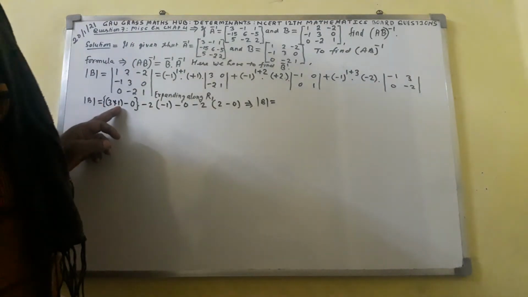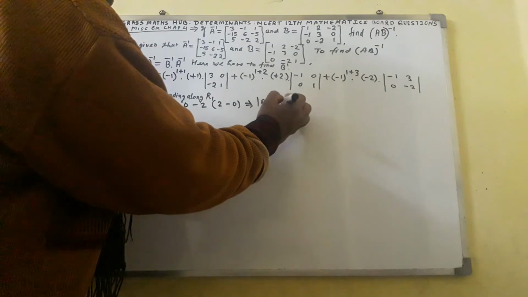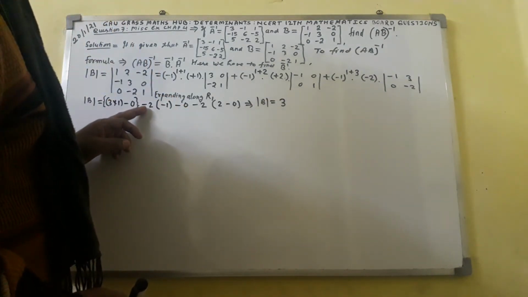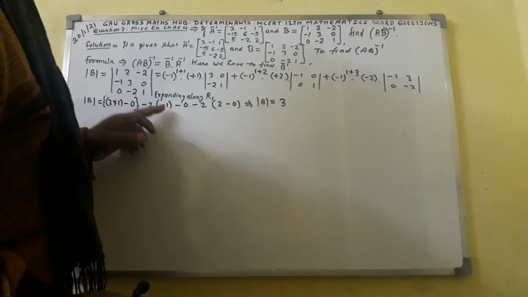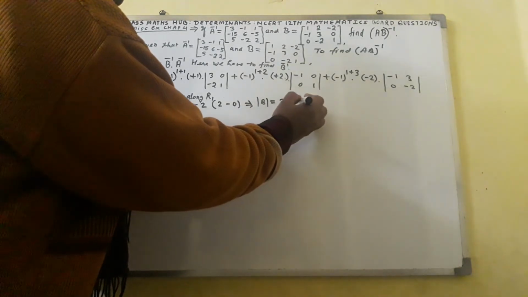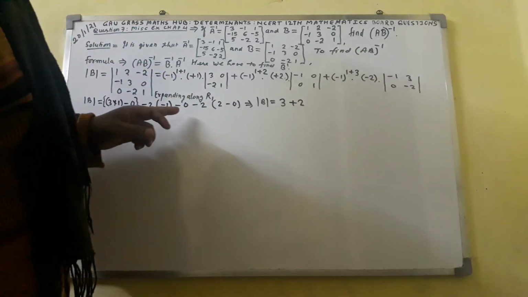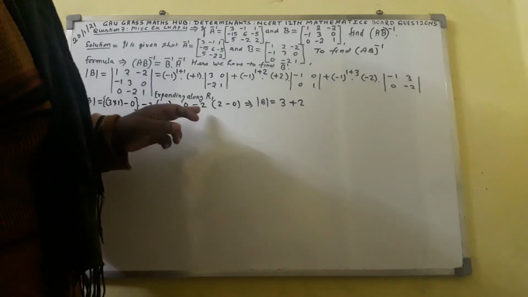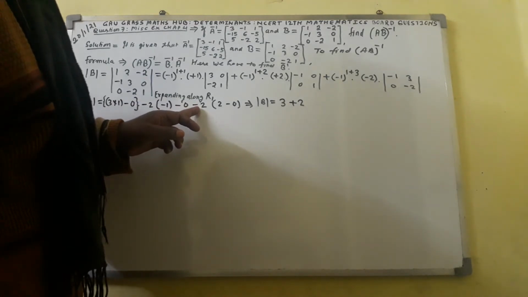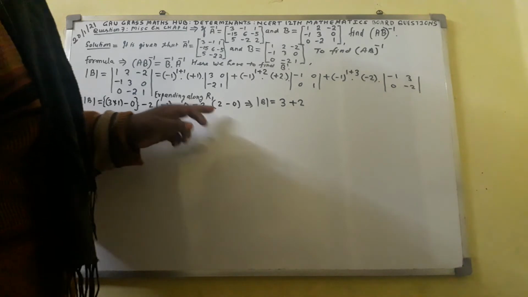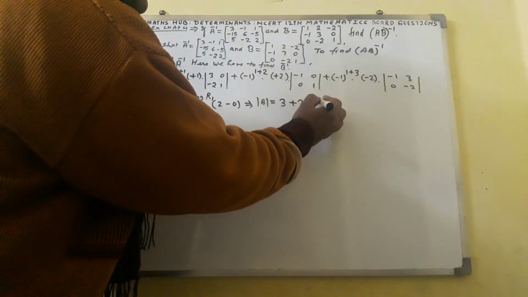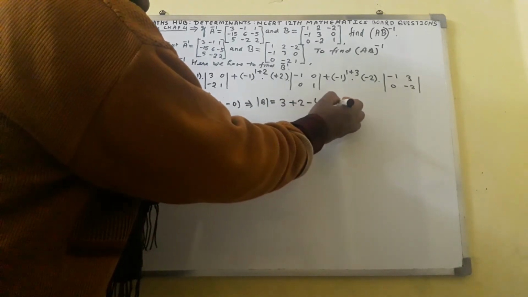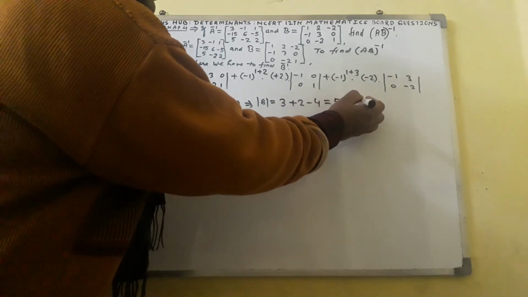multiplied by 1 comes out to 3. And here minus 2 multiplied by minus 1 comes out to plus 2. And here the minus is there, that will be neglected. Here minus 2 multiplied by 2 comes out to minus 4. So here write minus 4. You will get 3 plus 2, 5, minus 4 comes out to 1